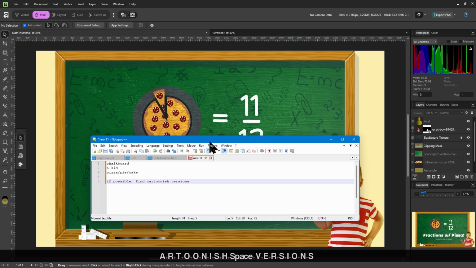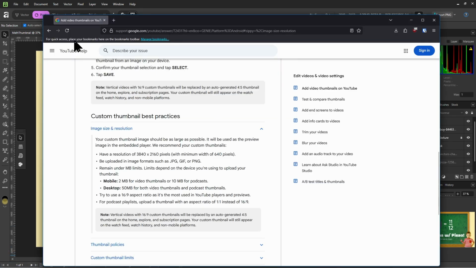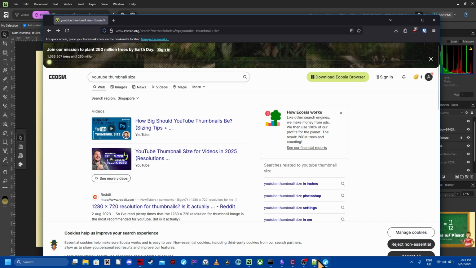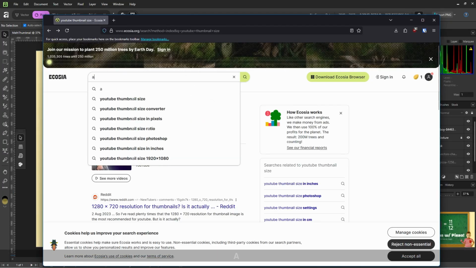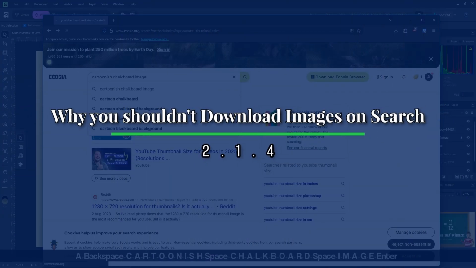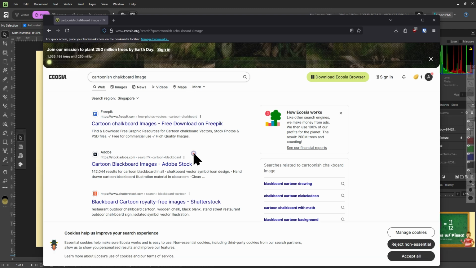So now let's just go back into our web browser and start finding the first thing, a chalkboard. Cartoonish chalkboard image. Now at this point, you are probably tempted to go ahead and click on images here, but you shouldn't do that.